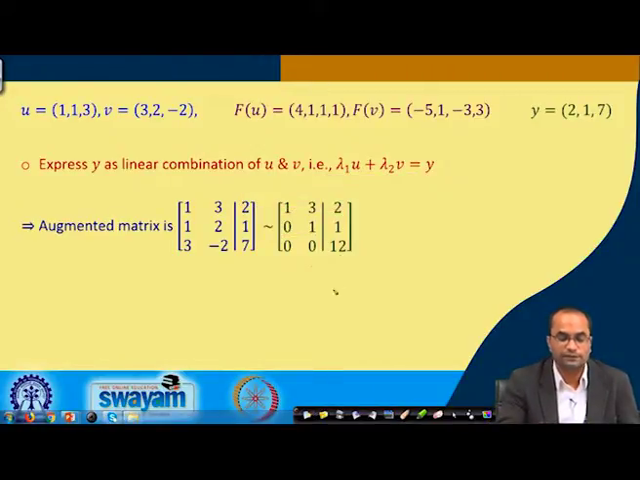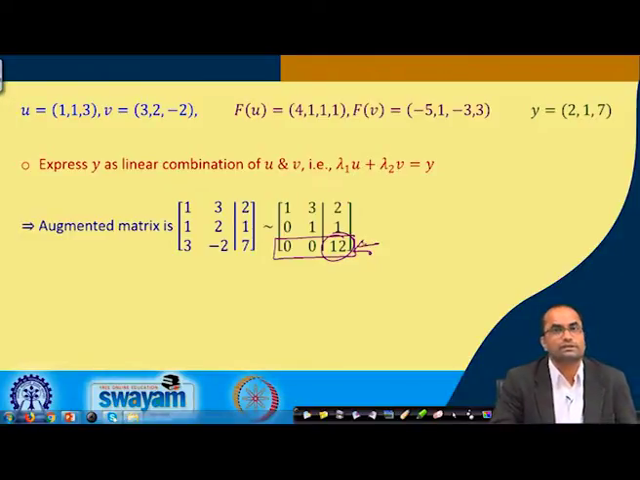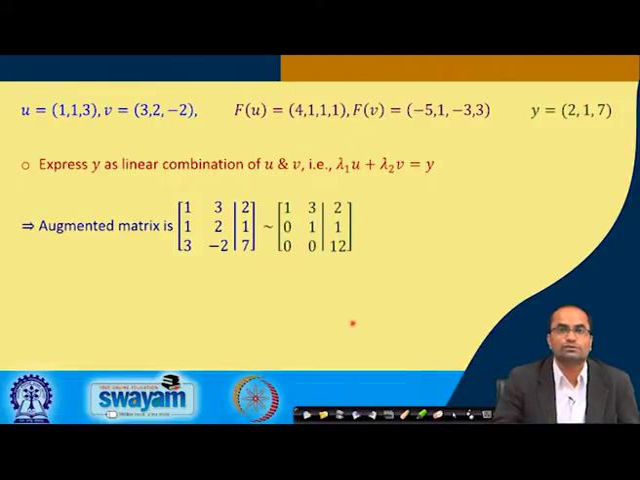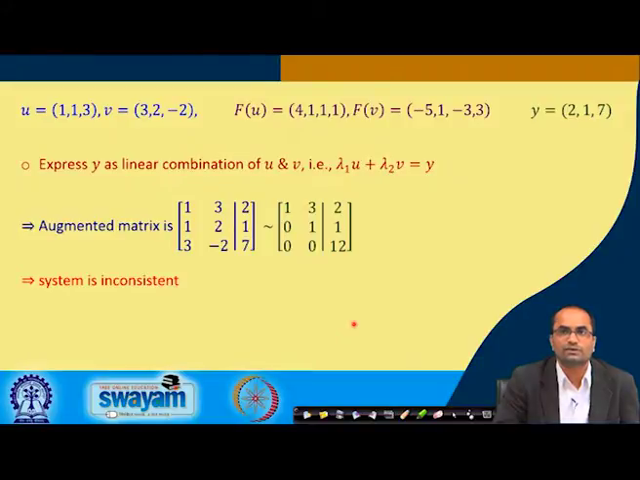Now, the problem here is the inconsistency. The rightmost column here has a pivot element, this 12, which should not happen in this case. Because of this we have an inconsistency in the system, which leads to the non-existence of the solution. So, here we cannot express this y as a linear combination of u and v, and therefore